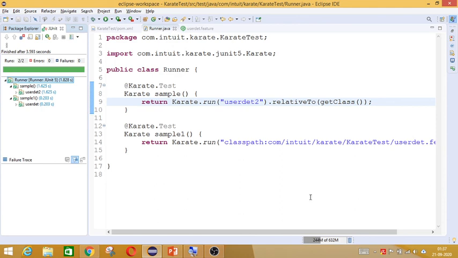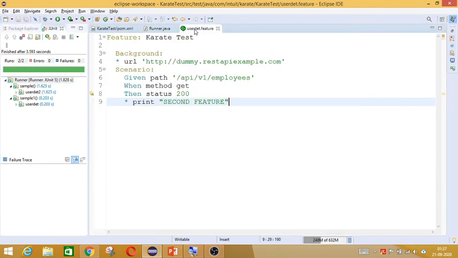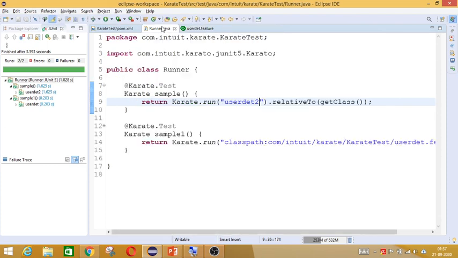In the next video we will see how, after doing the get method, when you get the output, we will be using it to match and check whether the response is correct. And we will also see how to do command line execution for JUnit 5.